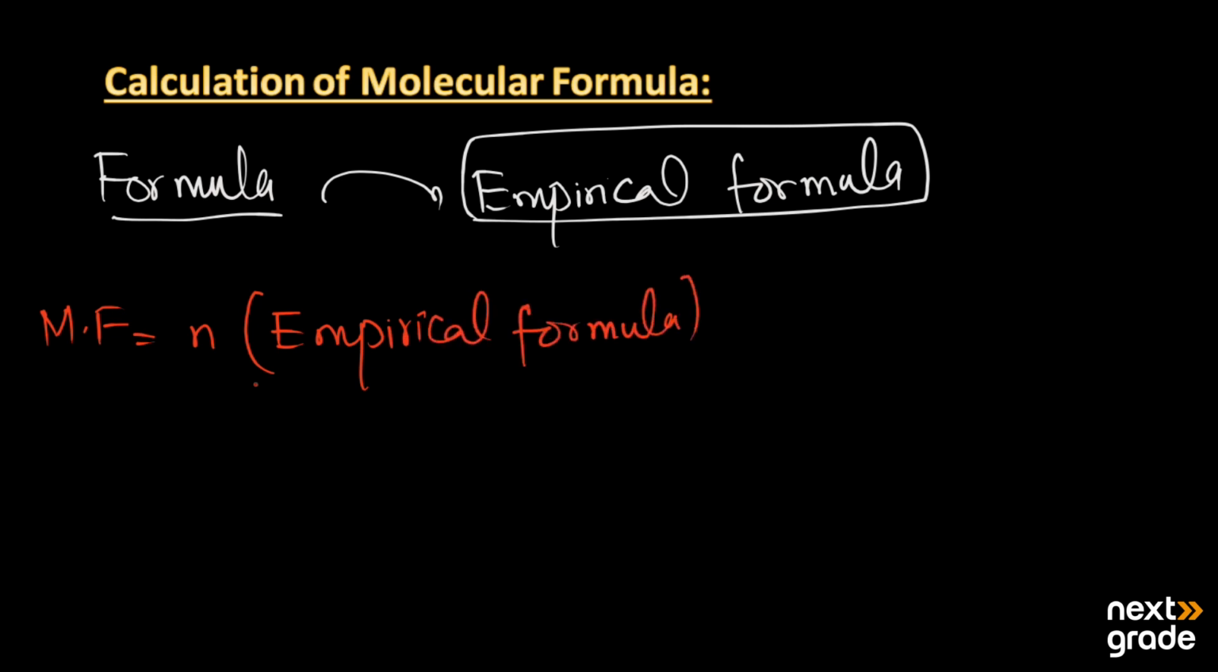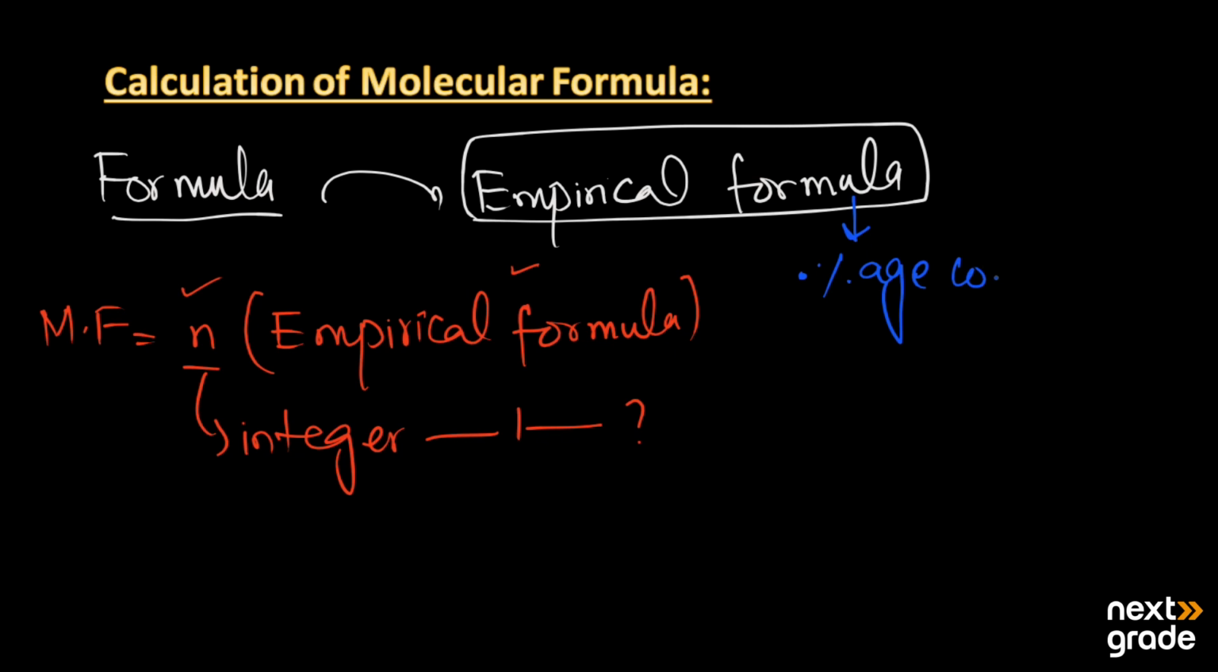Now what is N? It can be any integer that starts from 1 and so on. So N is a simple integer number, and we have to multiply it with the empirical formula. Now in the previous lesson, we have already learned the method to find the empirical formula. For the empirical formula, we need to know the percentage composition